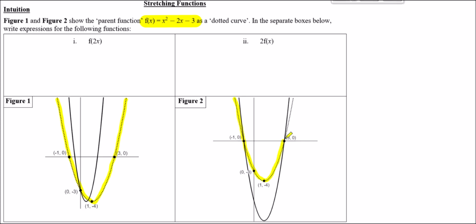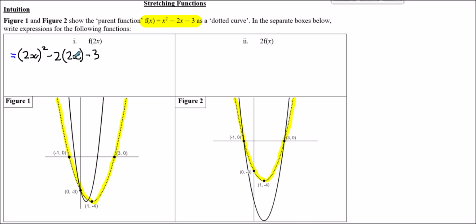So what we need to do now is think about an expression for f of 2x. And so here f of x, the input is x. We want to consider what expression we'd end up with if we input not x but 2x. And so we can see from f of x, whatever the input is, gets squared. We take 2 lots of it away, then finally we subtract 3. So f of 2x is going to be 2x squared minus 2 lots of 2x